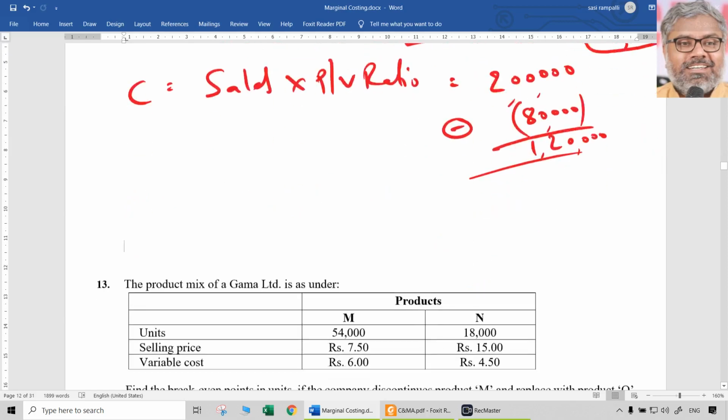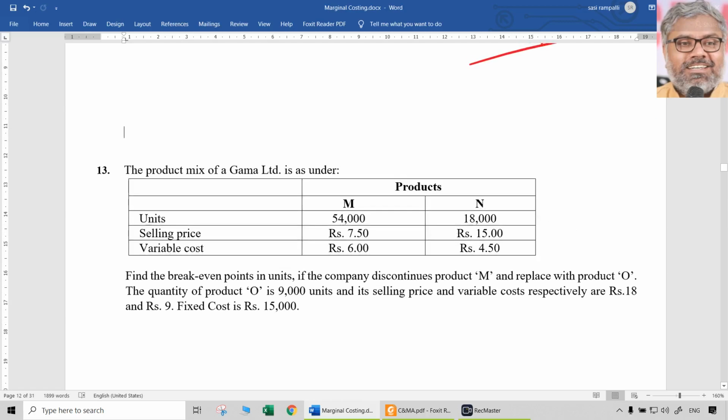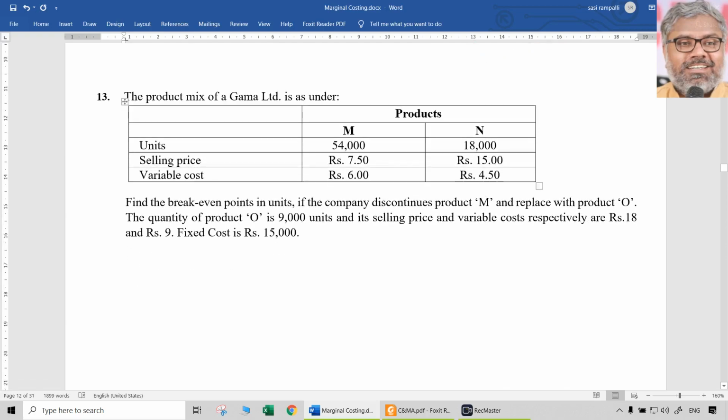Once again, I am repeating, units and values, we have to be very careful while calculating any of these things in marginal costing. For that matter, anywhere in costing. Most of the people mess up the solutions only with simple mistakes. So don't do that. Be careful in the calculations. That will be very comfortably done when you practice more and more. And apply the brain, apply the logic rather than blindly, mechanically following. Mechanical calculations will never help in this paper.